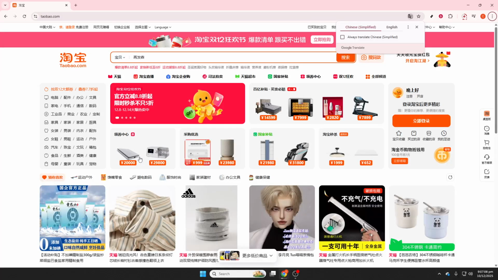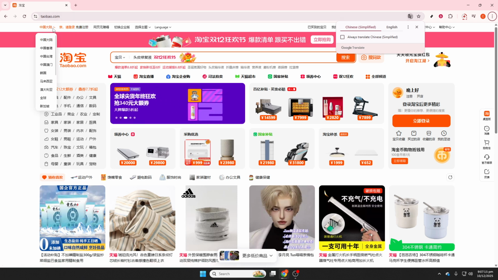In today's video, I'm going to teach you how to use the Taobao app in English, 2025, step by step. Start by opening the Taobao app on your phone and make sure you're logged into your account. Being signed in helps the app save your preferences, including language, across sessions, and ensures your shopping experience stays